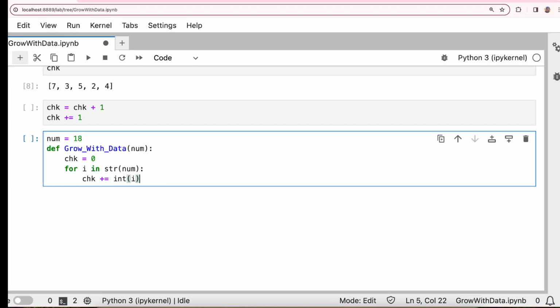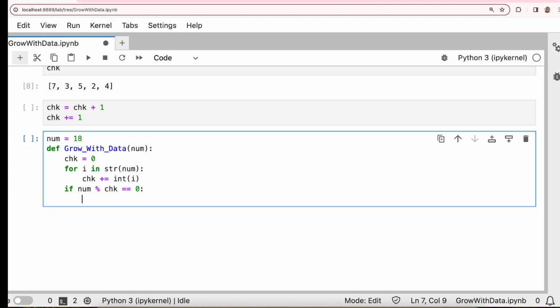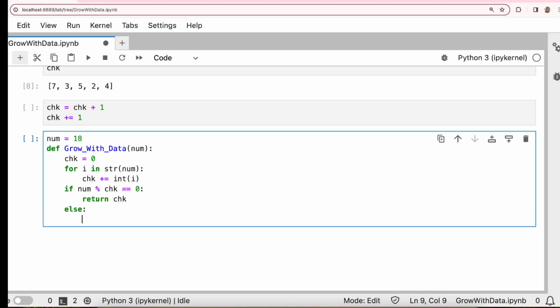So we read every digit and we are adding that to check. And now you check if the input number mod the sum of the digits is equal to 0. That means if there is no remainder, then return check. If not, you return -1.